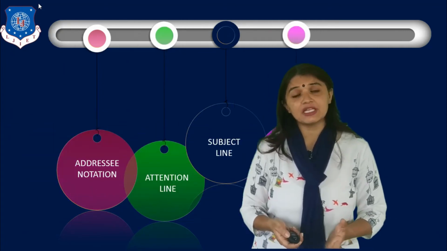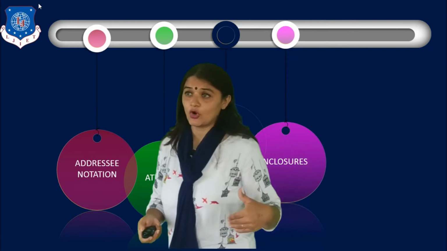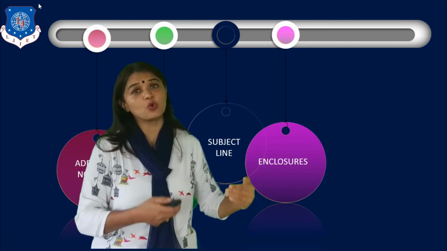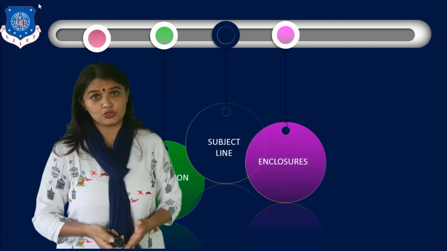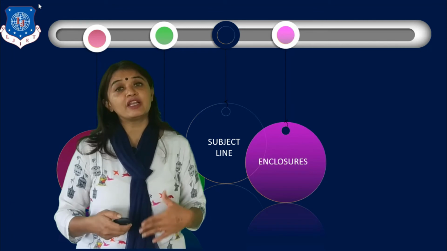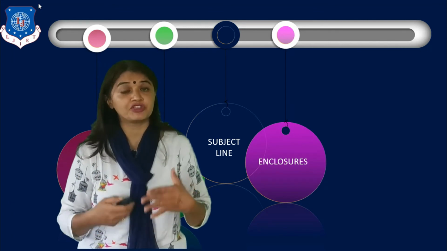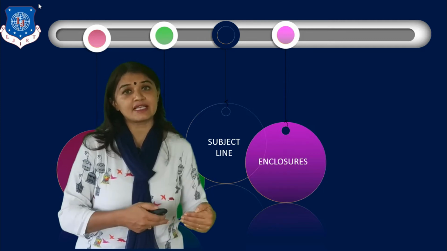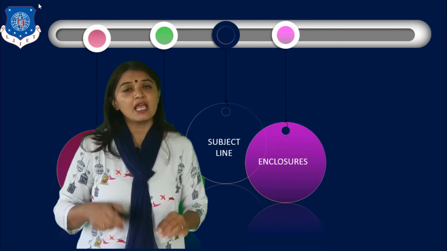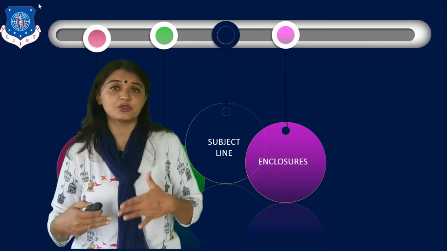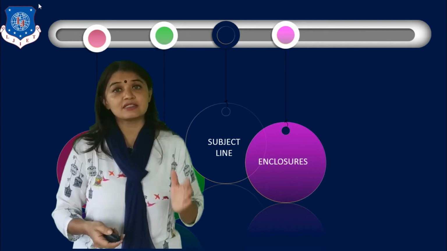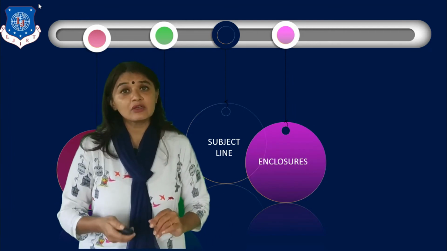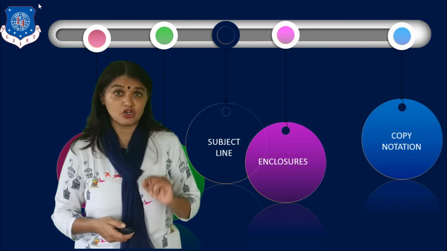Now the next additional element is below the main body, or it is even after the signature block, that is after the letter is over, and that is the enclosures. Now many a times you will have to attach certain documents along with your letter. So whatever you have attached with your letter, you have to mention in this section. You have to write down enclosures and write down the list of all documents that you have attached with the letter. So that is the enclosure, and this is also justified to the left margin. Now after the enclosures, we have the copy notation.